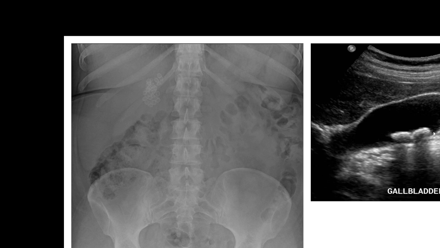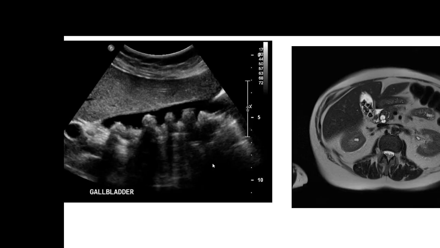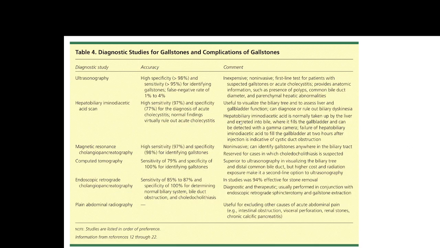But the choice of investigation is always ultrasonography, where all the variations in the gallbladder and the number of gallstones can be made out. CT is another alternative to make the diagnosis. Now,